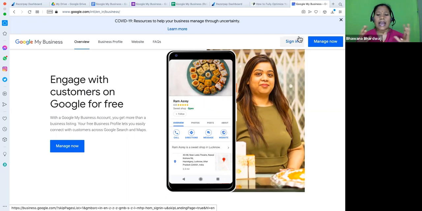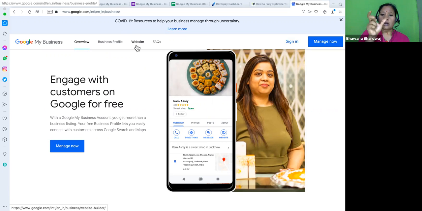Google My Business, if I have to say, I will say it's a collection of tools to manage your business on the Google platform. It's not one tool. Here you can manage your business profile. You can create your free of cost Google website. So your website will be whatever your business name dot business dot site. So here you can create Sivani dietitian dot business dot site. So it's a collection of business tools.